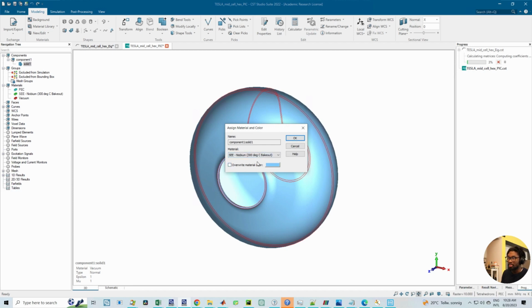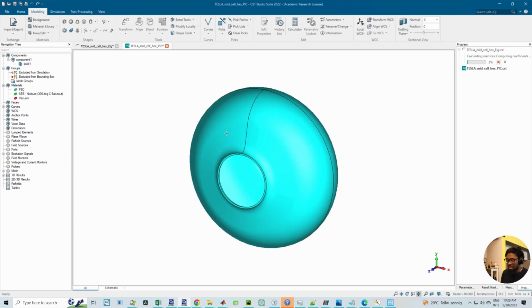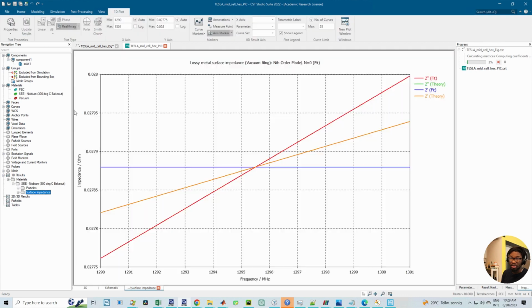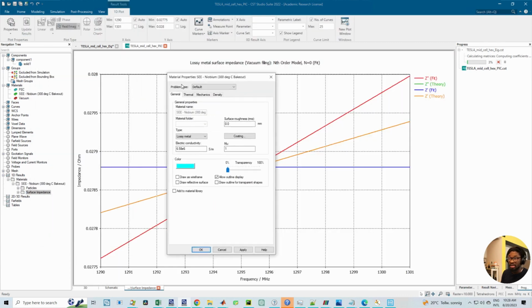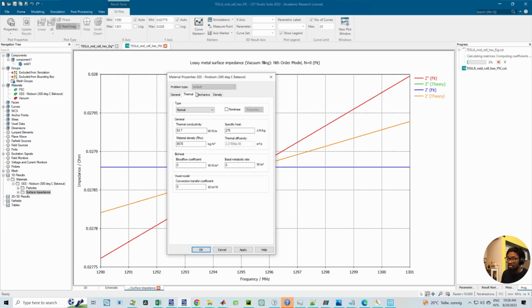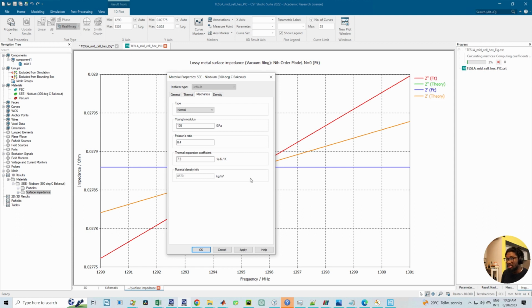So this is okay. That's niobium. But I can't think of a way currently to share the file with you that you could copy to your CST materials folder, but I would show you the material definition. For the general, you have this definition, but we don't really need this. Then for the thermal, we do not need this or this analysis. Mechanics, we don't need this, but then these are the properties. Am I clicking the correct material? Yes. Density, no,